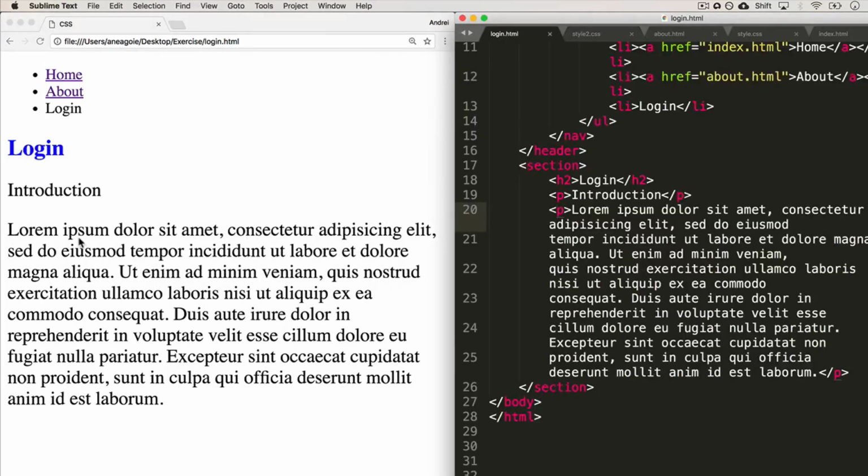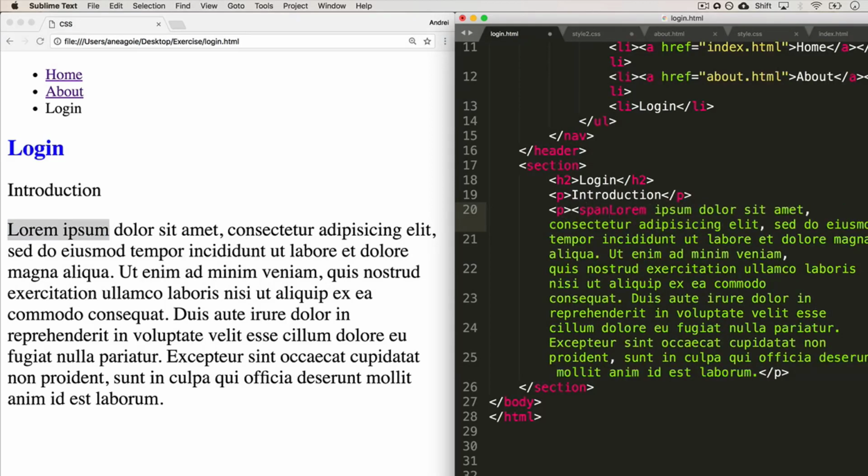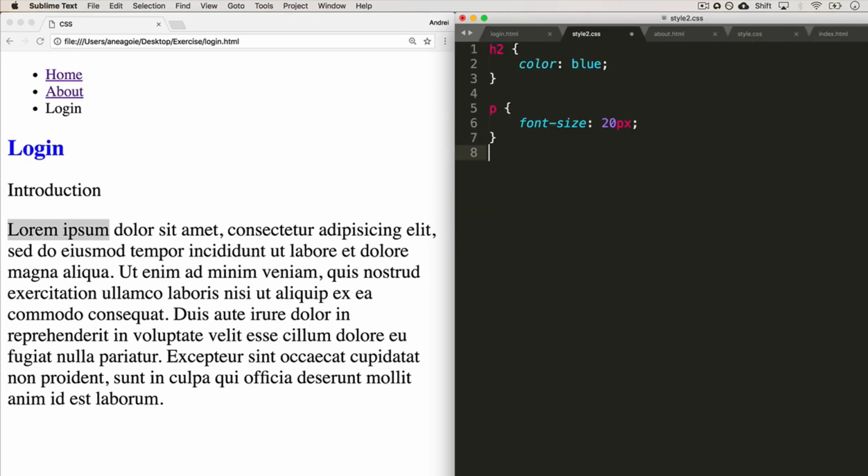Okay, so let's say I want lorem ipsum to be a little bit bigger. You can use span. Again, that's kind of like the div tag that you've seen before. It's just good for inline. So again, this way we can add styles. So I save that, go to styles, and now we can select span. And we can do something like this. We can do font size